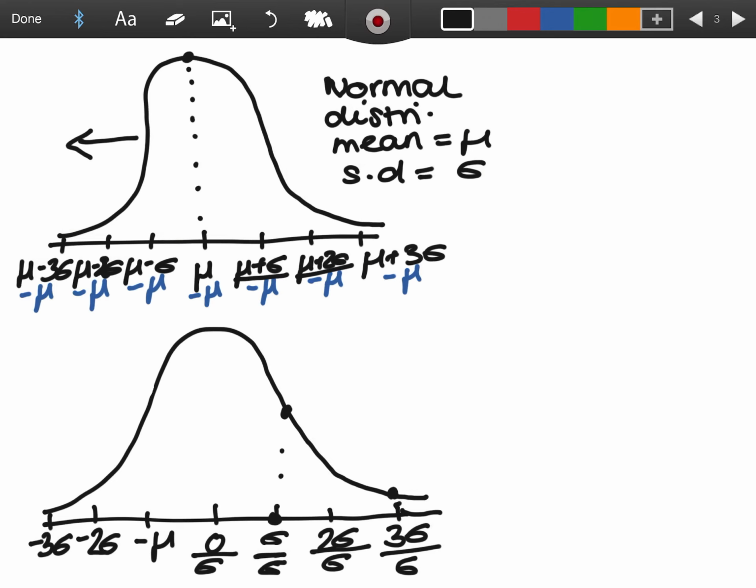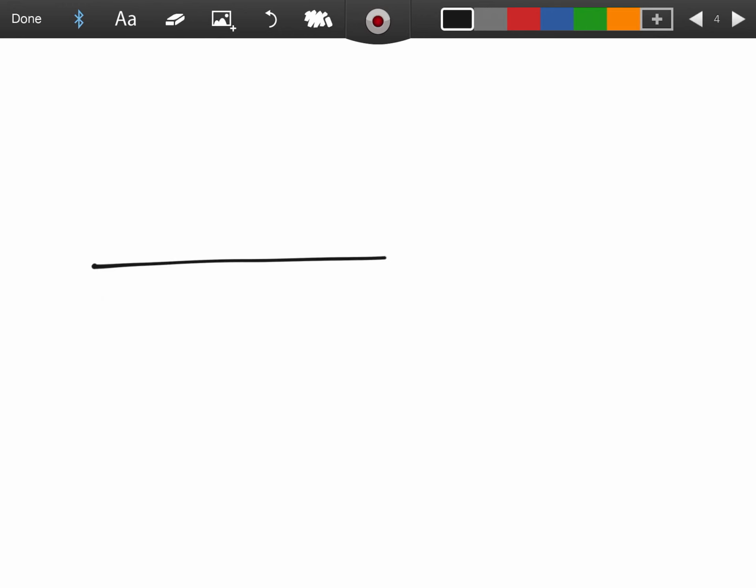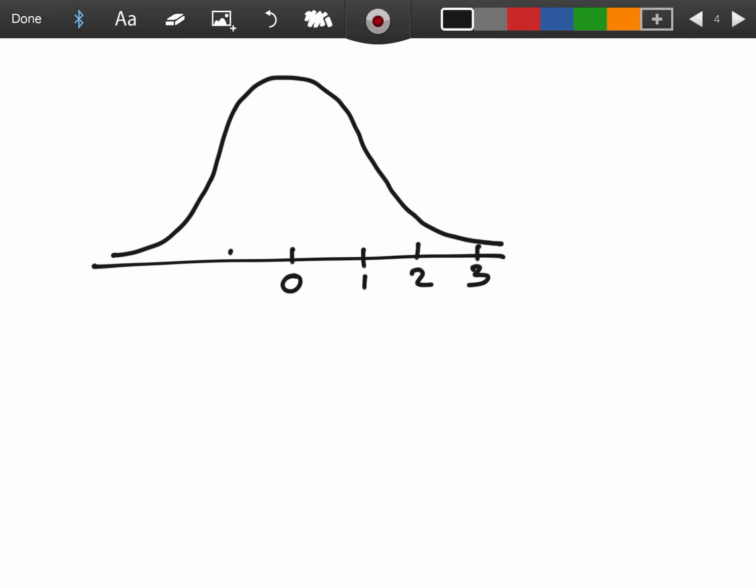But each of my other data points gets divided by sigma, and it's either going to squish this graph together and actually make the curve steeper, or it's going to enlarge the graph and stretch it out and flatten that curve, okay, when you divide by a value. But what it does to each of my data points and what it actually does to my standard deviation is move it back to 1. So your final graph, when you draw this out, whether it be squished together and actually get taller and steeper, or whether it actually flattens that curve and stretches it out, you end up back with a mean at 0 and a standard deviation